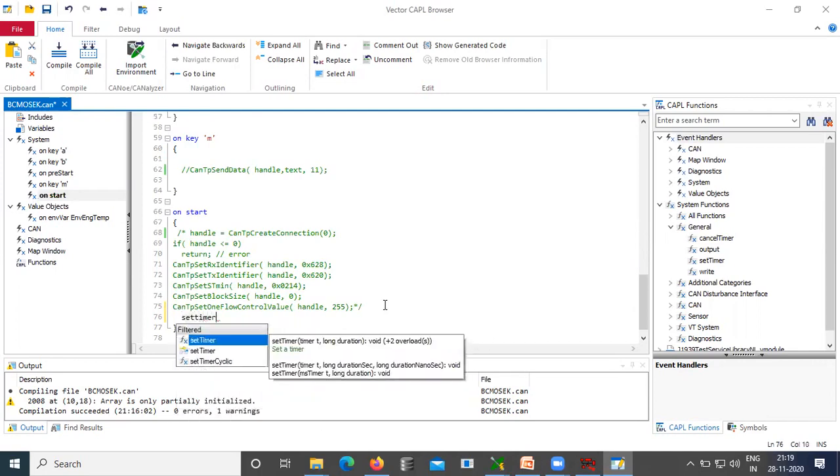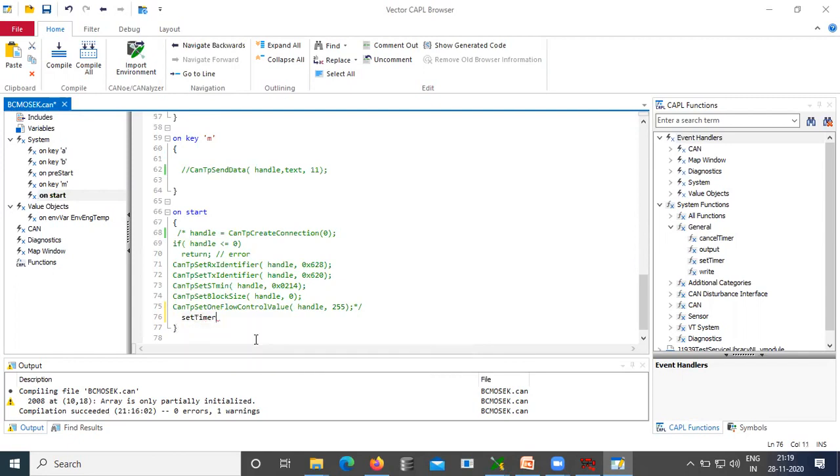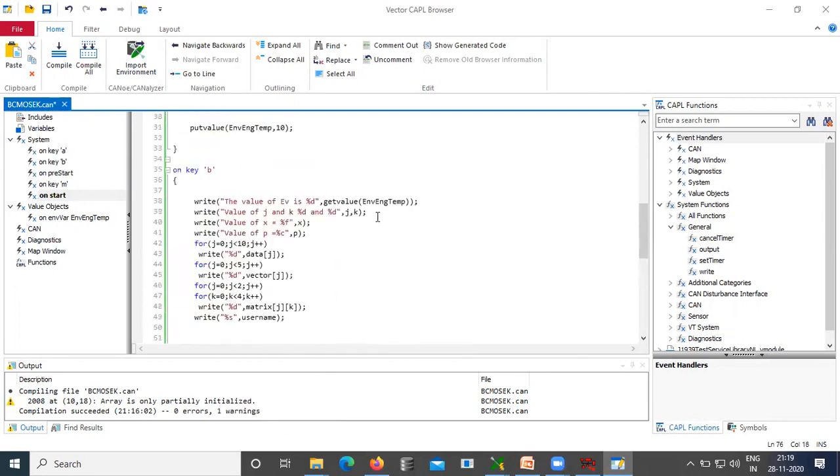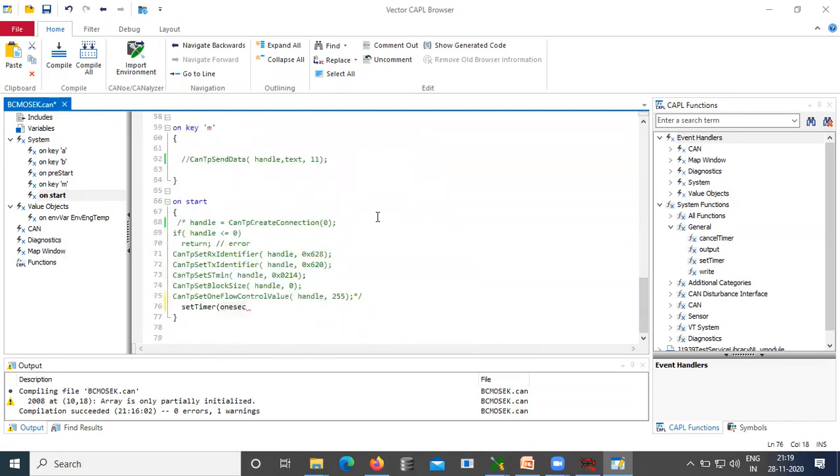Set timer is the function that you have to use to start the timer, with the timer name and then the time in seconds. Whatever number you give here will be in terms of seconds. Whereas if I declare this timer as a millisecond timer, ms timer, then this 1 will mean 1 millisecond. So it has a different meaning, and it is purely based on the data type of your timer object.